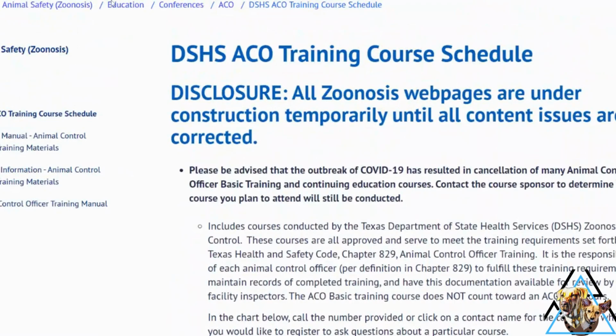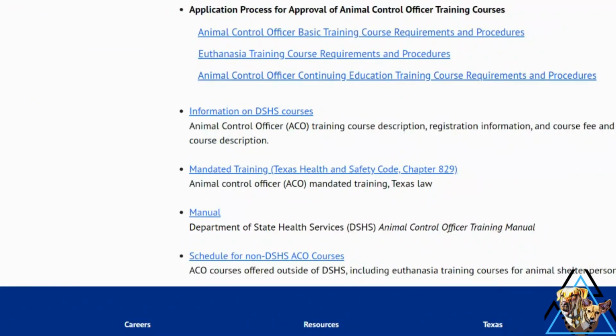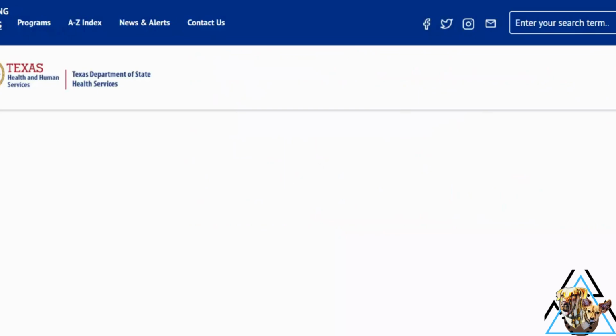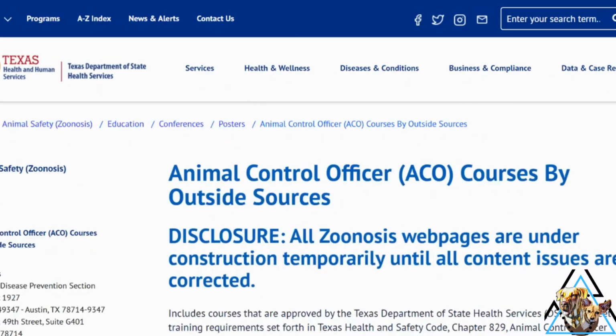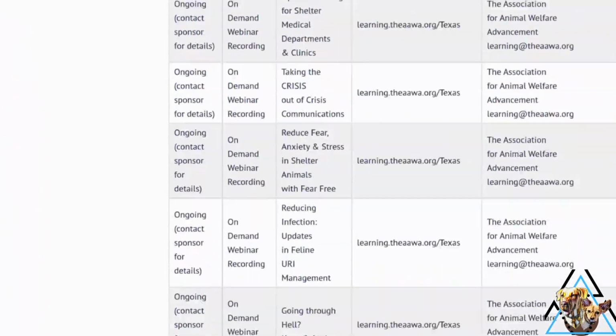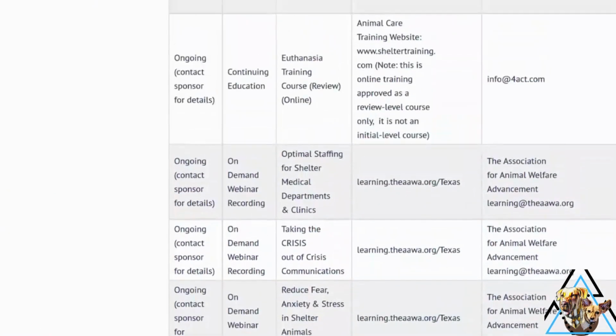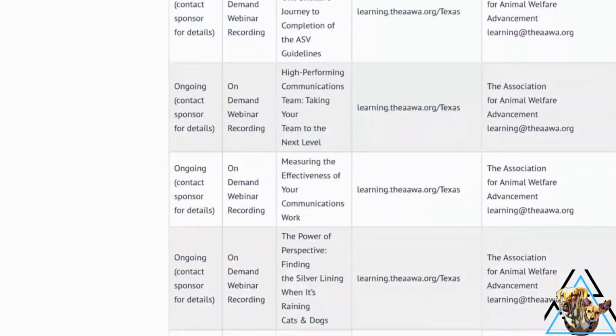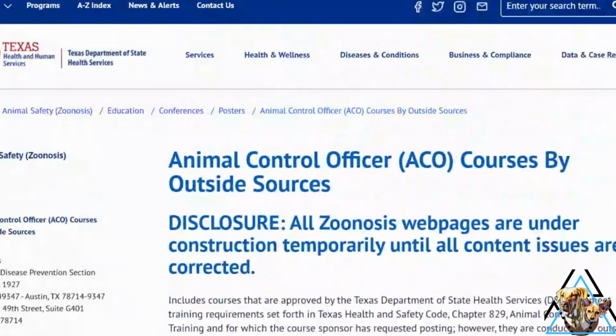They also have one for the outside entities that are offering training that are not the DSHS, for the CE hours, on this other tab here. So you can go through there and you can see you have different training, continuing education hours, your basic or euthanasia.